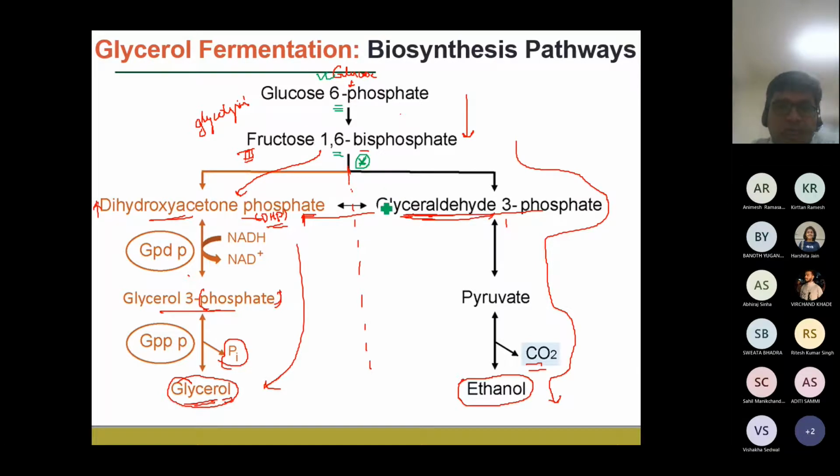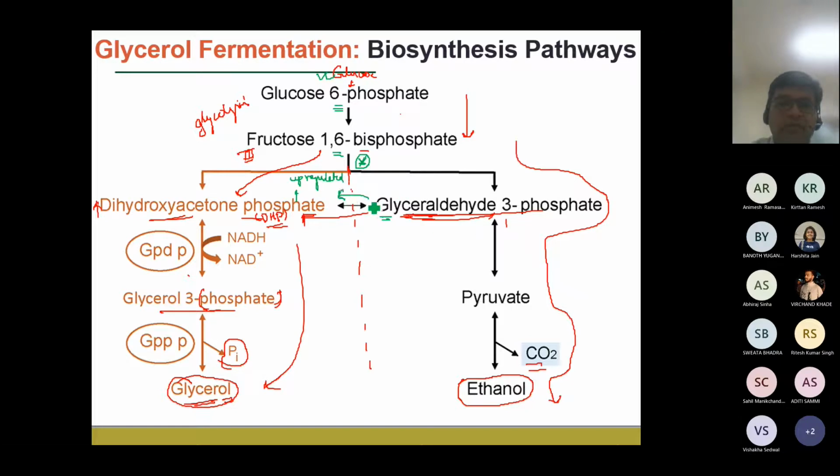Okay, so in this step the glyceraldehyde 3-phosphate can actually be converted into the dihydroxyacetone phosphate. If you are targeting the production of glycerol, we have to have a higher concentration of this particular metabolite, dihydroxyacetone phosphate. So we make sure that the enzymes required for the conversion of the fructose 6-phosphate are upregulated, as well as, if there is a production of glyceraldehyde 3-phosphate, we make sure the enzymes are